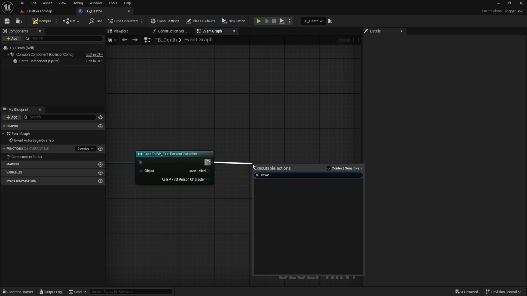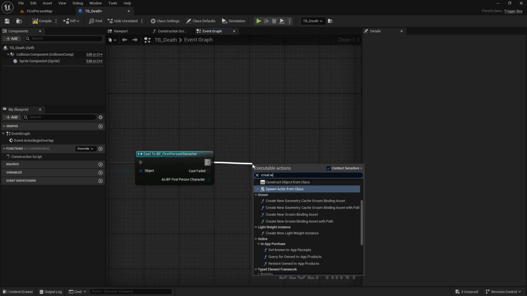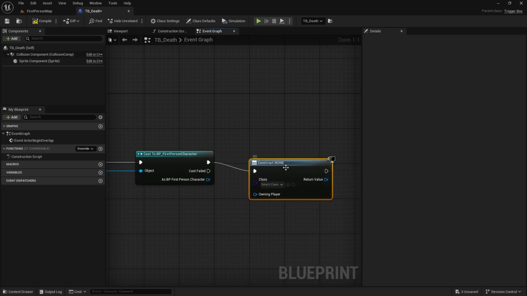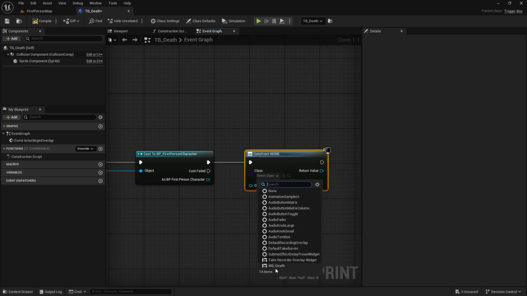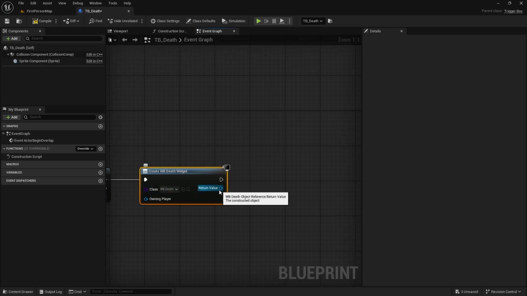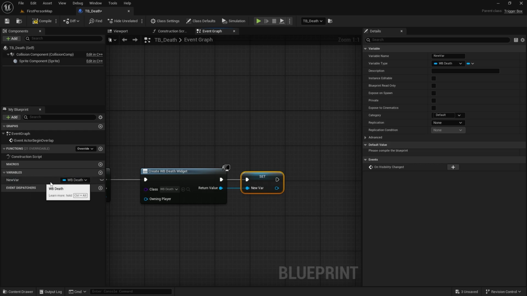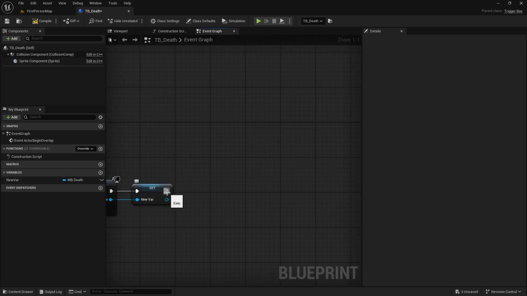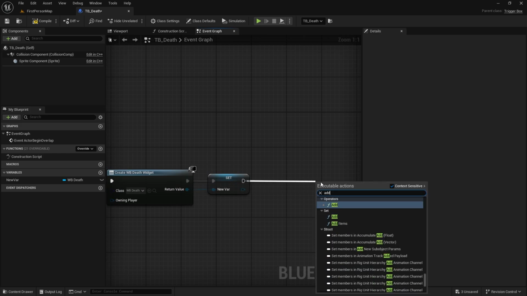Next, you want to create a widget. So type in create widget and you want to select the class to be the widget that we just made. It won't work yet because we'll have to go into the widget and do some things in there, but just for this purposes I'll just put it here so you can see that's what you're doing. Right click on return value and promote to variable. You can name that if you want, I usually don't. Next, you want to add to viewport